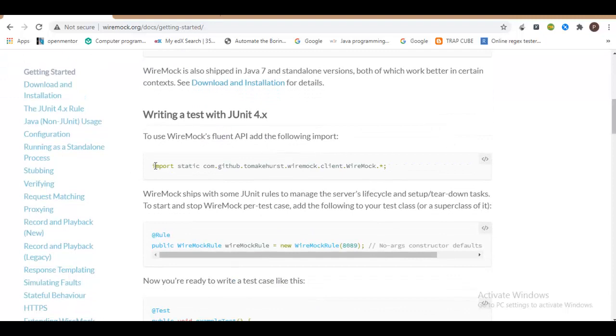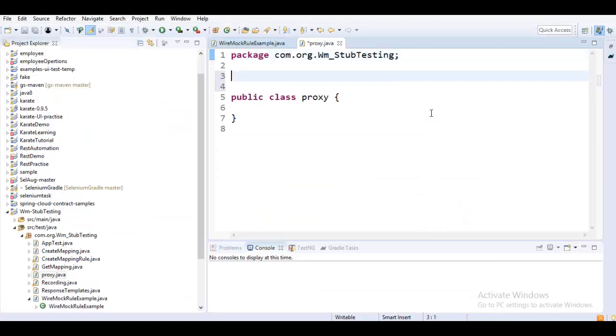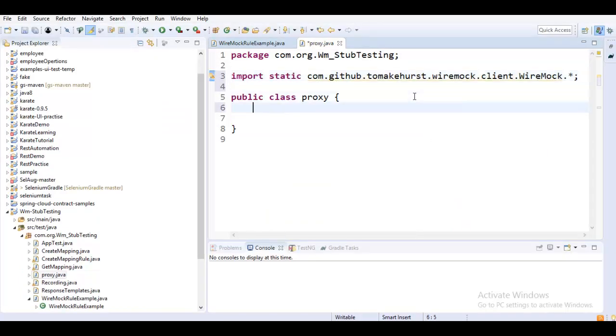So let me have this statement imported. Let me just copy it here. So now what ideally I should be doing is that I should create a stub. So let me have a method to create a stub, public void createStub is my method.